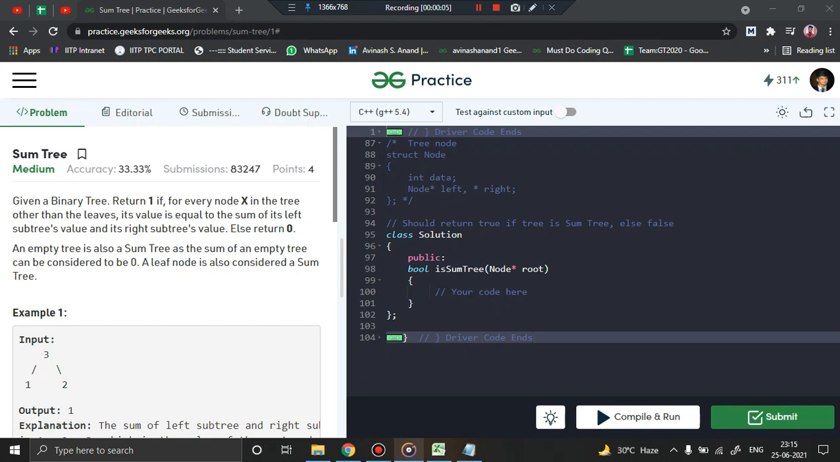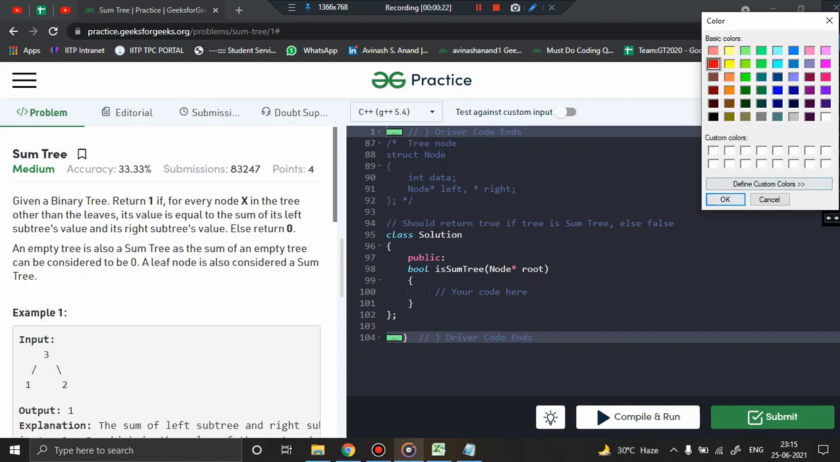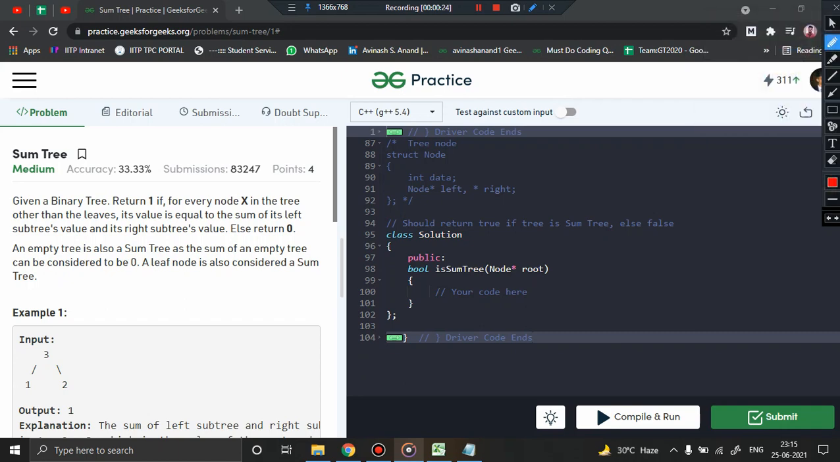In this particular video we are going to discuss a new problem from tree, and basically the name of the problem is sum tree. So let us understand what the problem actually is, and then we shall jump into the explanation. So understanding the problem: the problem name is sum tree, and it clearly states that given a binary tree,